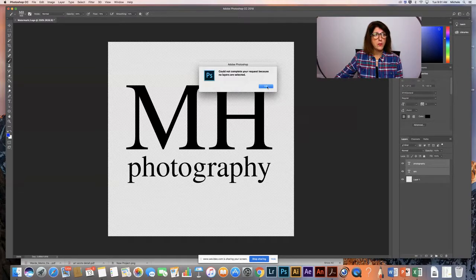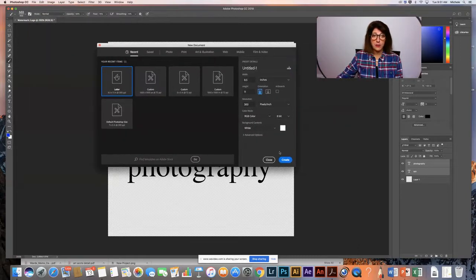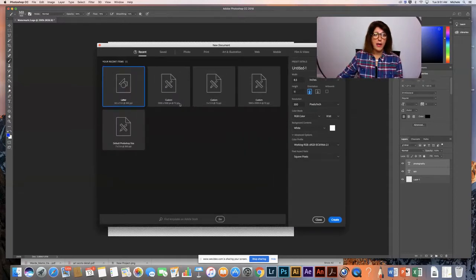First thing you're going to do is create a new file document. We need a new canvas, a new piece of paper to actually put our logo on. I'm not going to use the most recent format that I just created a document on, which was a piece of paper. I am going to create a document using pixels. You can use inches, but I'm going to use pixels. I'm going to make this 1,000 pixels by 1,000 pixels with a resolution of 72, because it doesn't have to be a really big file in order for you to get a good result